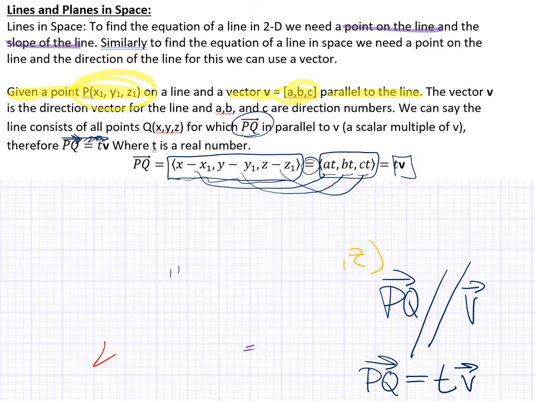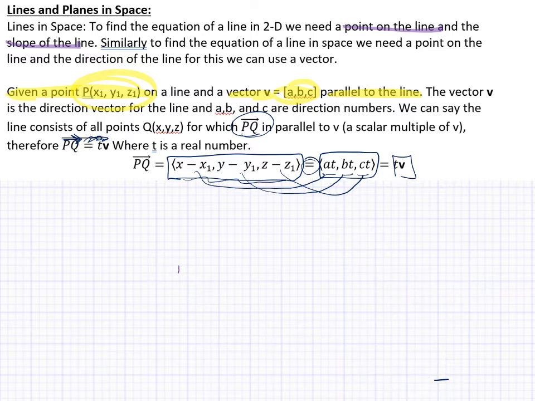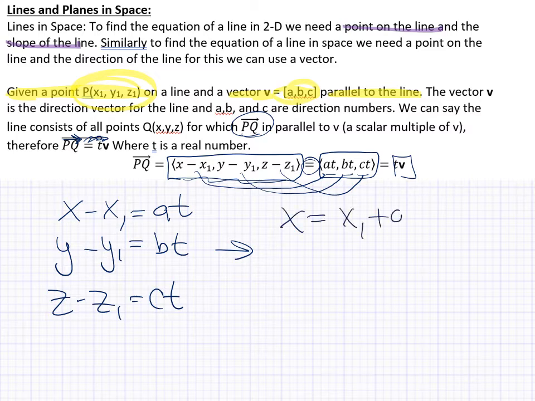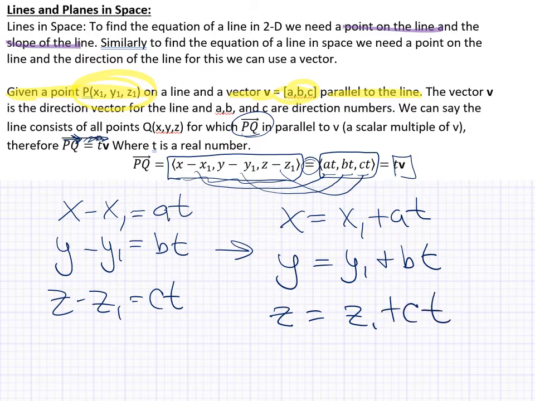Well, that being said, what that tells us is that x minus x1 should equal at, y minus y1 should equal bt, and z minus z1 should equal ct, which we can actually rewrite as x equals x1 plus at, y equals y1 plus bt, and z equals z1 plus ct, which would essentially say